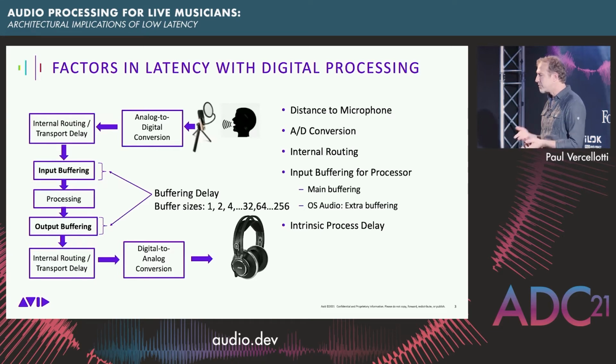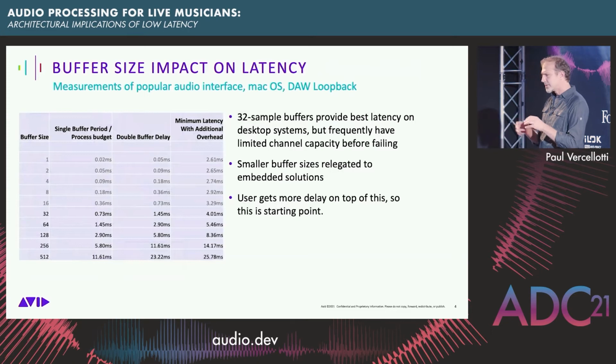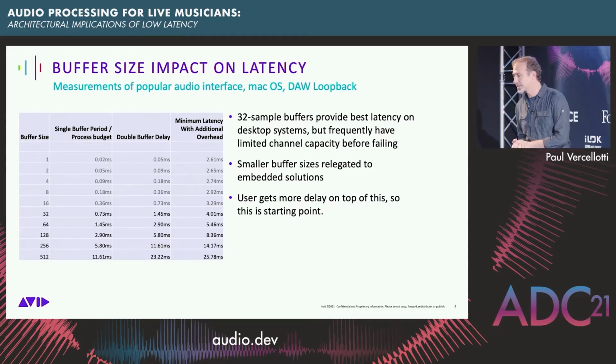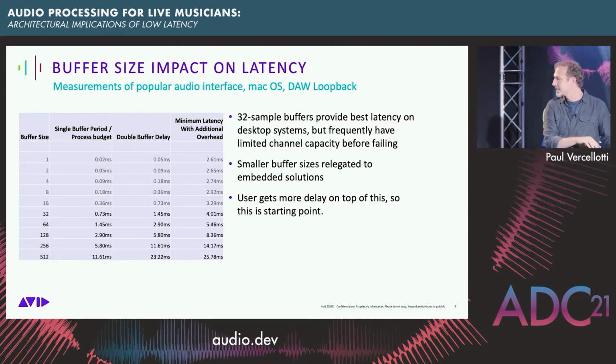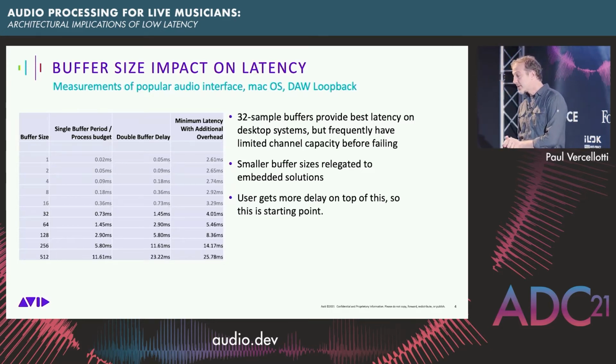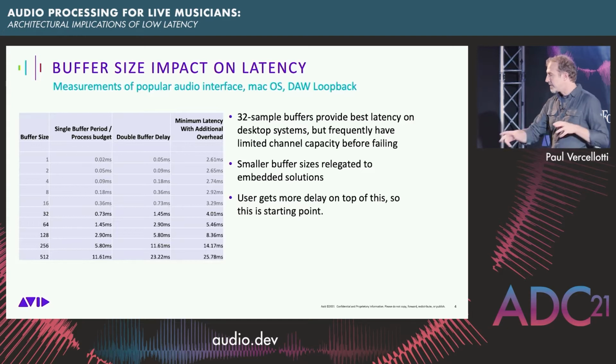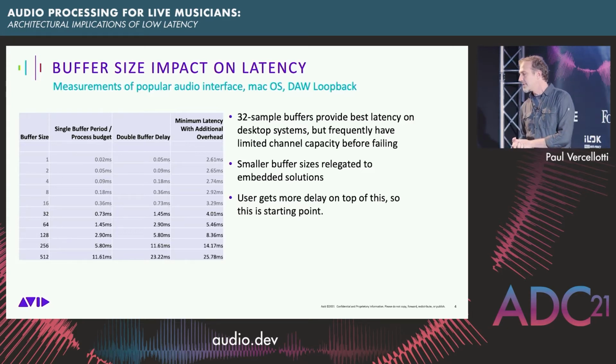So let's have a review of just why it's difficult to bring that buffering down, and why we're up against the limits of both microprocessor design as well as operating systems when we're building a system that can do this. Here's a quick refresher on actual times in terms of buffer sizes and practical latency, minimum latencies that are encountered with doing a circuit, in this case from an audio interface to a desktop PC and back. We'll see that practical lower limits for a desktop computer are about 32 samples. If you take into account the round trips, the extra overhead, that's a minimum of 4 milliseconds of round trip latency